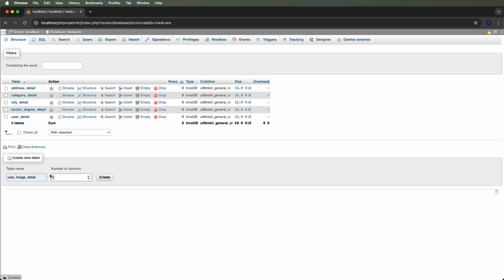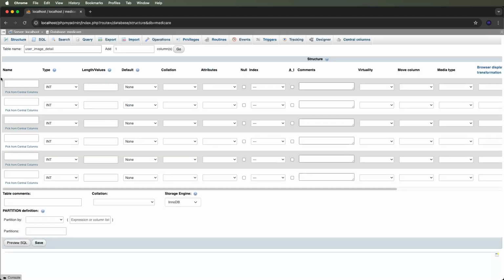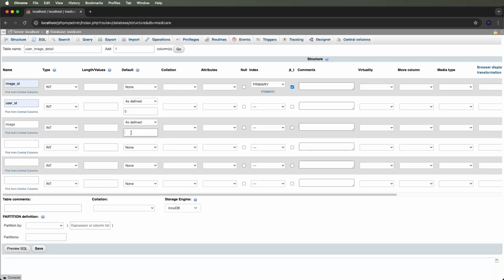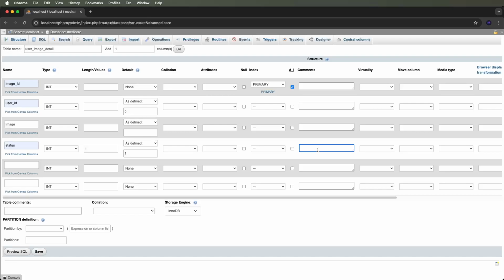Give these 6 columns and we create them. Then after that give the image ID. We set auto increment and also set primary key. Now give the reference as user ID, which user is related to this image, so that the tables interconnect. Set the default to 0. Then set the name as image, to define and store the image path on the server, by default blank. Now give the status, set 1 by default, active. 1 means active,